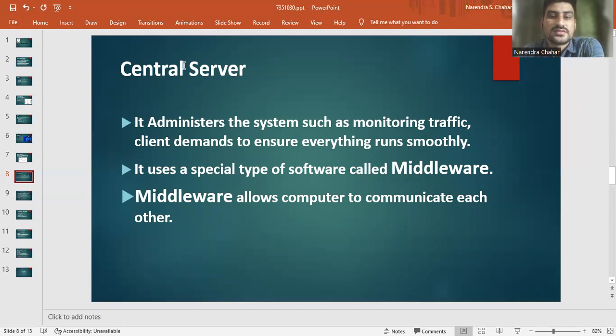It uses middleware, which allows computers to communicate with each other. Just like there is a server, then a software that we call middleware, and then there are different users.